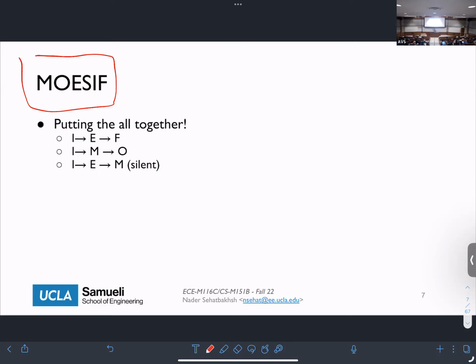We have I, M, and O as another transition, right? So you start from invalid or S, and you go to the M, and then you go to the O. Or we typically have I, E, and then the M, and then maybe O, right? The difference between this one compared to the others is that this one has a silent transition from E to M. Okay, so it's typical that you see all of these in modern systems. You can actually search, for example, for a given technology of Intel or AMD, which of these are being used. Not all of them use all 6 together. Okay, questions?